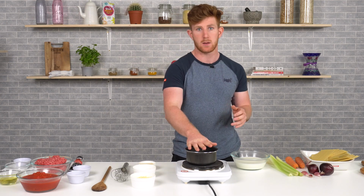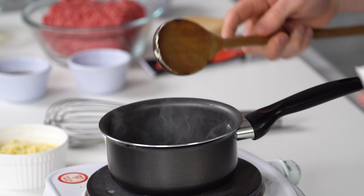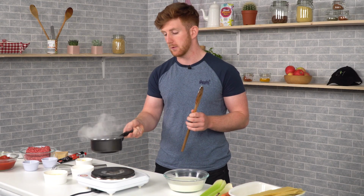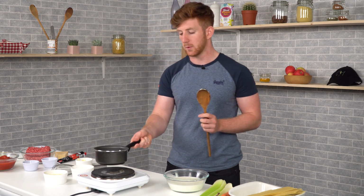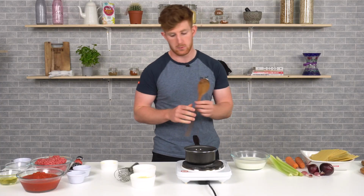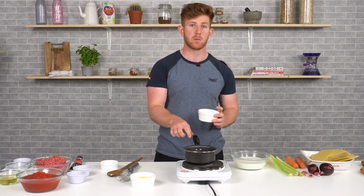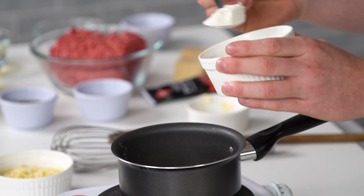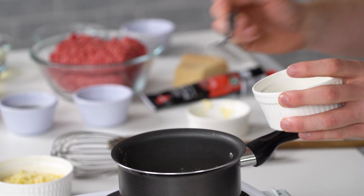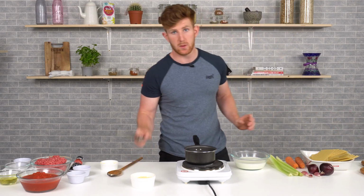I have a pan here on a nice medium heat. We're going to add our butter into the pan like so, and we're going to start to let that melt very, very slowly. So it's a little bit hot here. I'm going to turn it down, and into this we want to add an equal part of flour. So if I have 2 tablespoons of butter, I'm going to add 2 tablespoons of flour. Just knock that into our pan, 2 and a bit, and we're going to get a whisk and start to